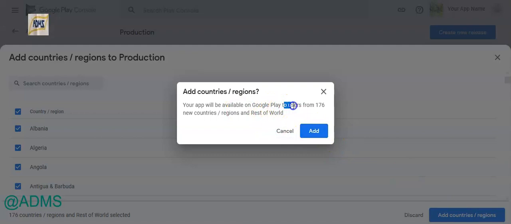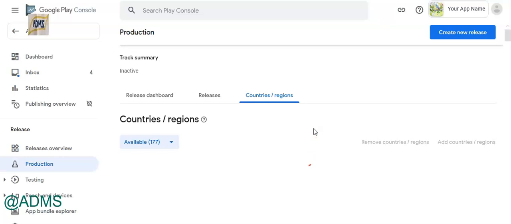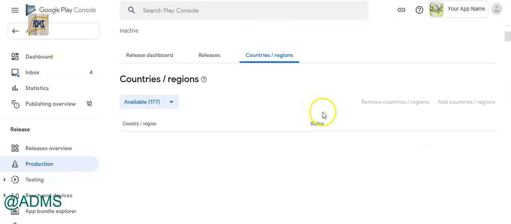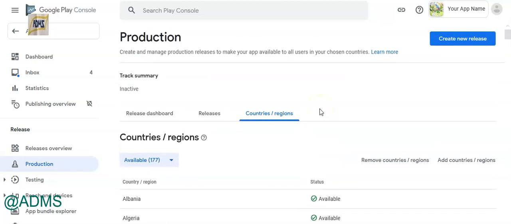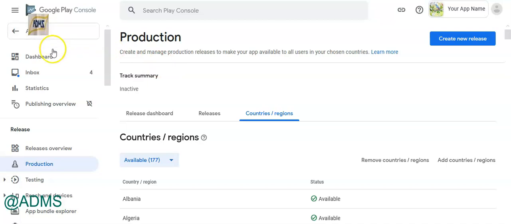As you can see, it will be available to users from 176 new countries. So click add. Okay, so this is done. Now let us go back to the dashboard again.